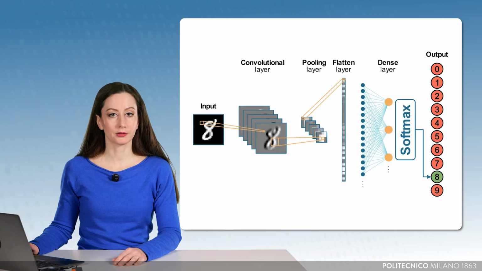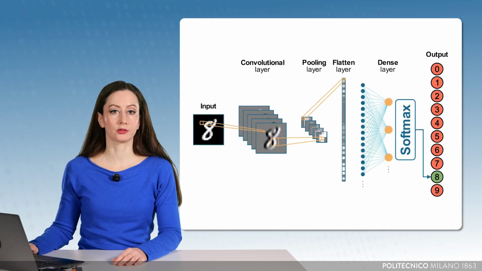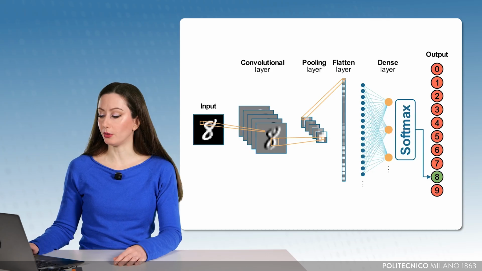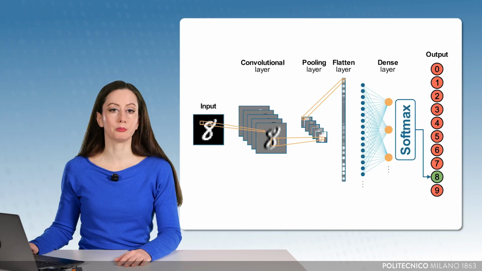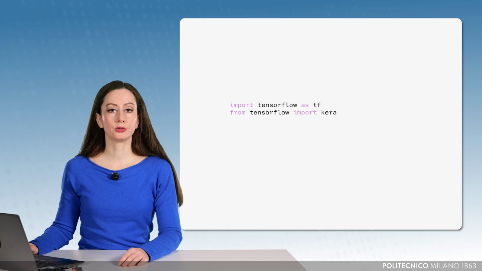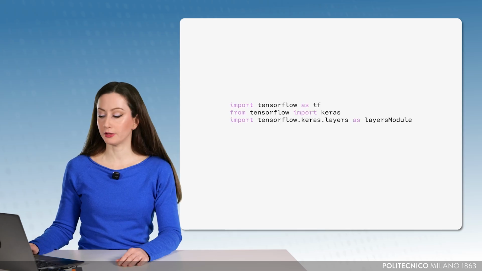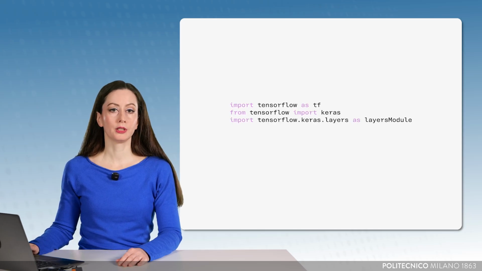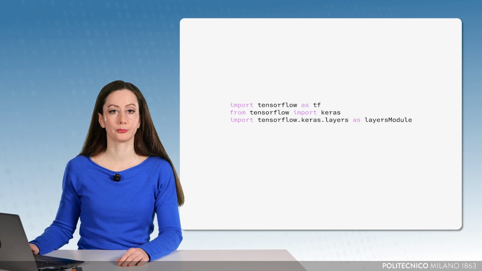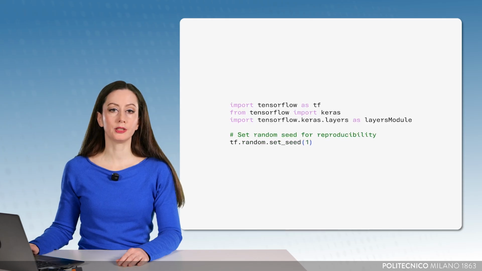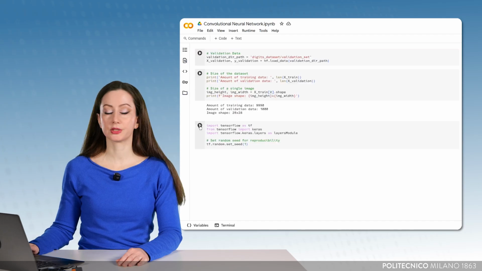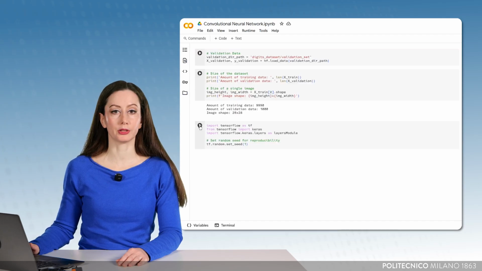Now let's address the second step, the definition of the architecture of our classifier. In particular, we will use Keras based on the library TensorFlow to define an architecture that contains the main components of a convolutional neural network. We start by loading the libraries that we will need to define and train the network: TensorFlow, the interface Keras, and in particular, layers to easily define the network layers. For reproducibility of the initialization and training procedure, we use the command random set seed to fix the random seed used by TensorFlow.